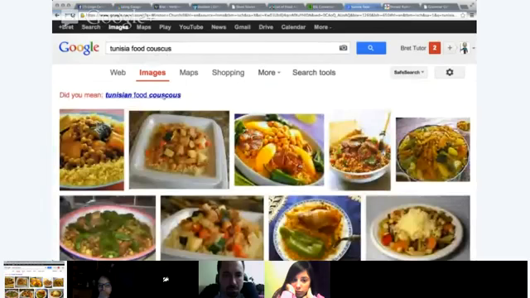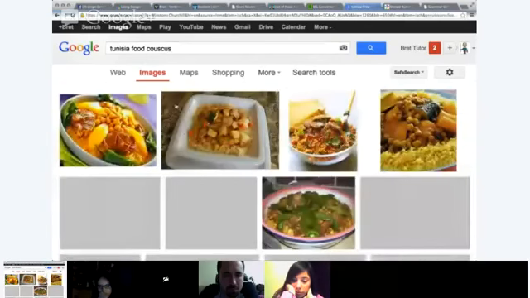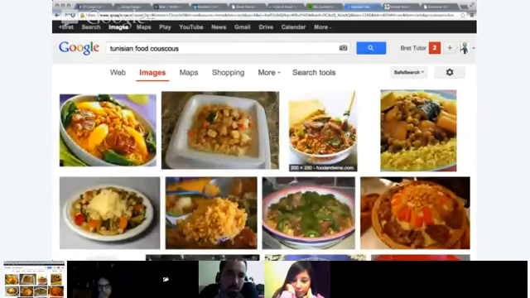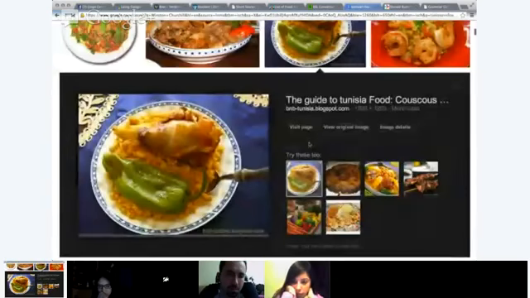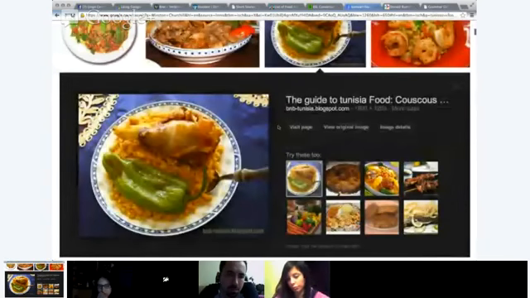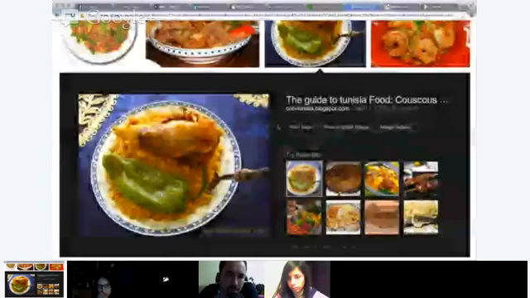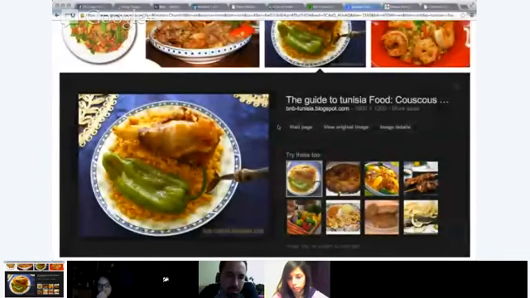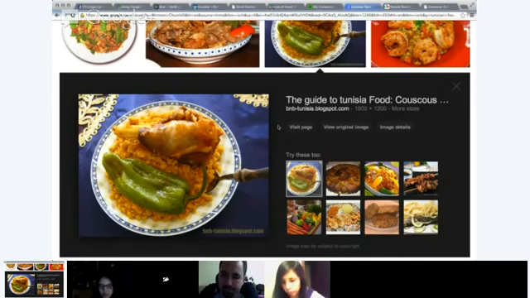Couscous is the famous one, and there are other new traditional dishes because of contact with other Mediterranean countries like France, like macaroni, I think you call it pasta in English, something like that.